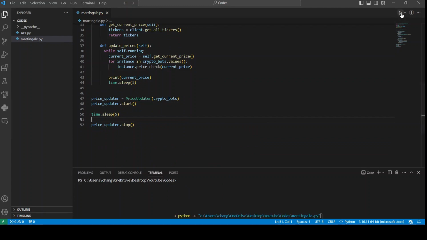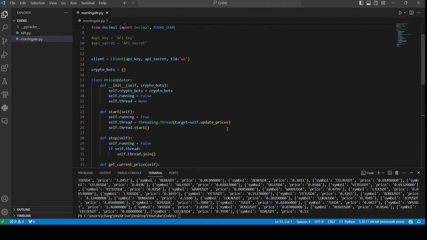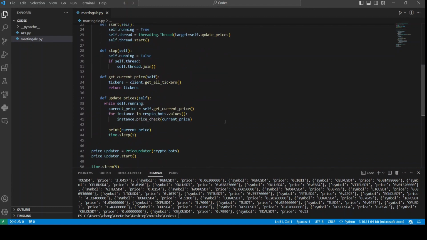So if we run this code, then it should, there you go. It's printing out all the prices from the Binance exchange, which means that all this code is working, and then it stops after 5 seconds. So after we have all this coded out, then we're good to move on to the actual portion of the